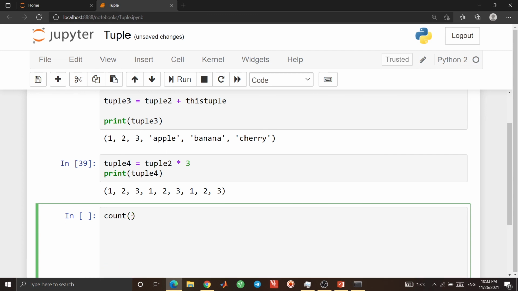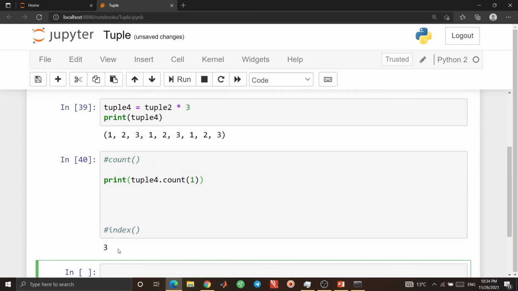First I use tuple 4, dot count, and inside the parentheses I pass the item, for example 1. Let me comment this and print it to see the output. As you see, 3 appears